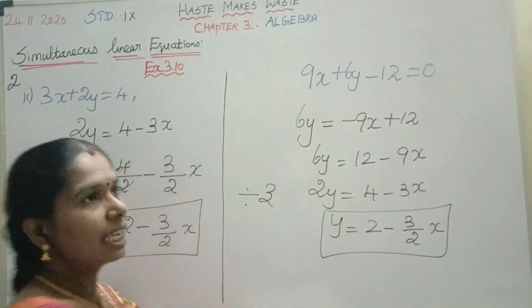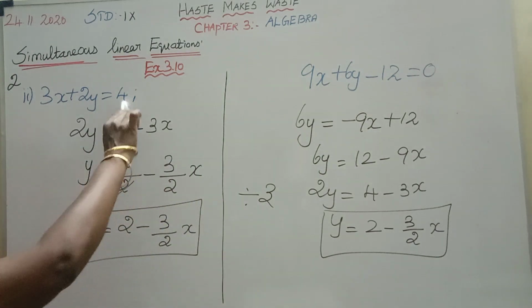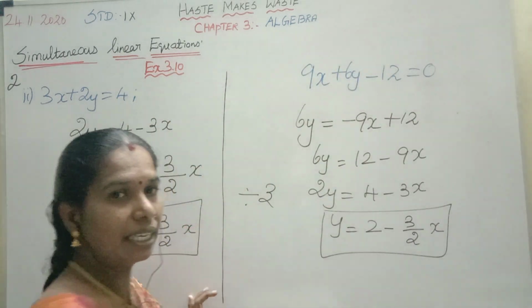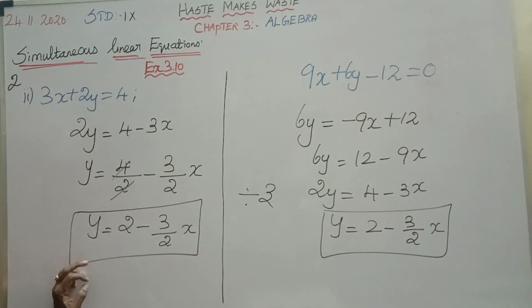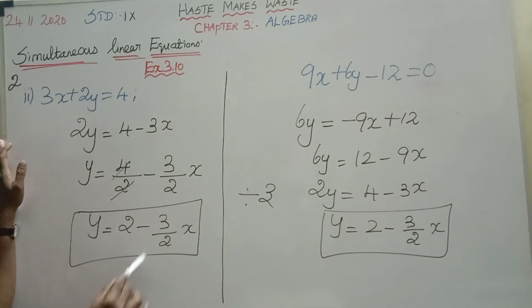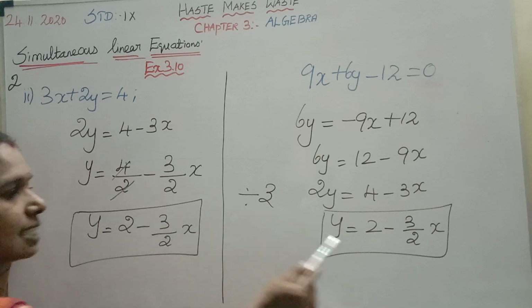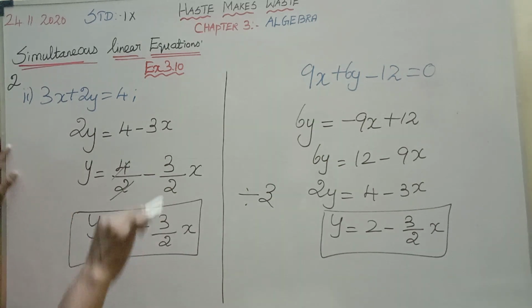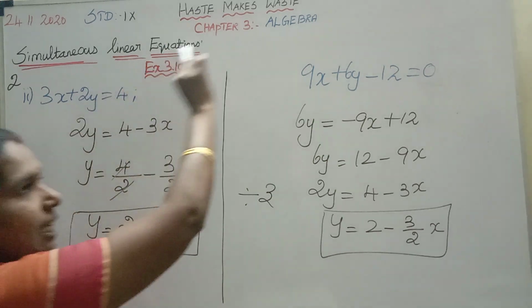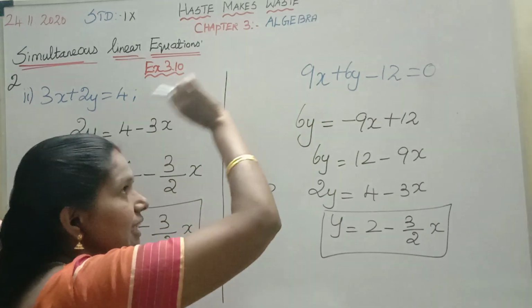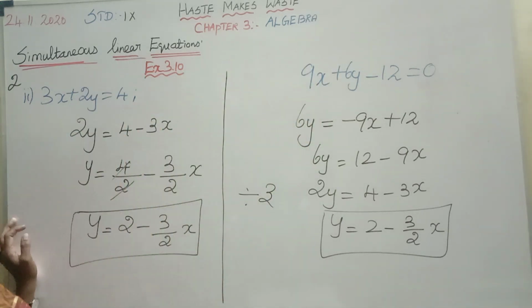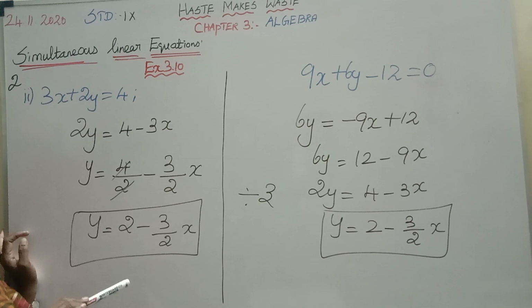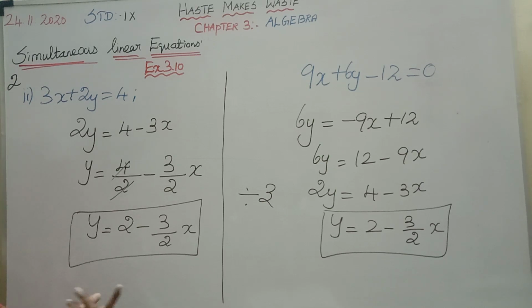Now you see here they have given the equation in different forms, but we are getting the standard form the same. Am I correct? When you convert into standard form, you are getting the same answer. The presentation of the straight line is given in different forms only. They differ only in the format of the equation, but their standard form is the same. Understand? So no need to make 2 tables.